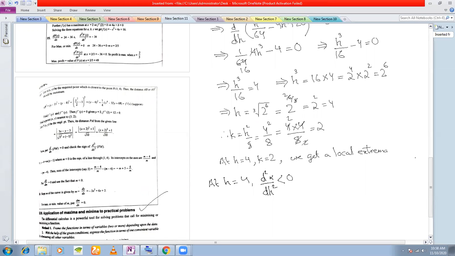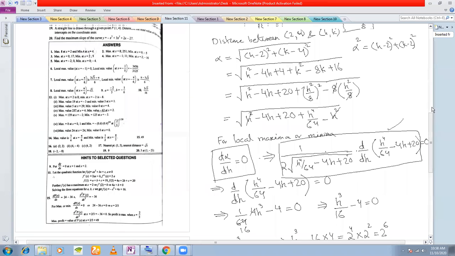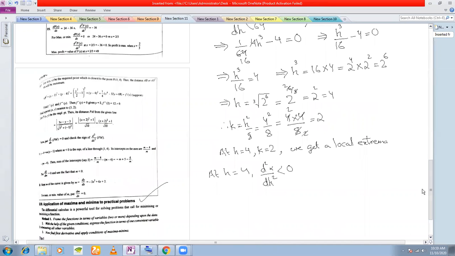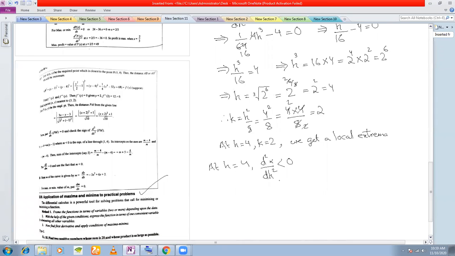infinity also, right? See this diagram that I have drawn here. When I talk about minimum distance, okay, we can calculate. But if I say of P, the maximum distance of any point on the curve from 2, 4, this curve extends till infinity, right? This extends till infinity. All these two branches extend till infinity. So it cannot be the maximum distance. Therefore, without even differentiating, you can say that at h is equal to 4, d2 alpha dh2 is less than 0. So therefore, h is equal to 4 is a point of